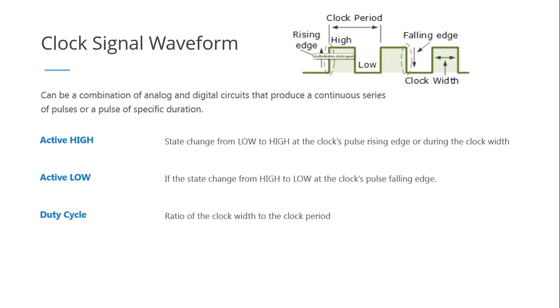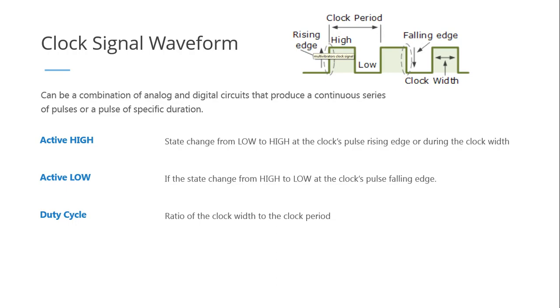So if the clock width, meaning the duration of how long the clock is in the high state, is half of the overall clock period, being the duration of one cycle, then that would have a 50% duty cycle. If the clock width is at the high state 3/4 of the time compared to the clock period,